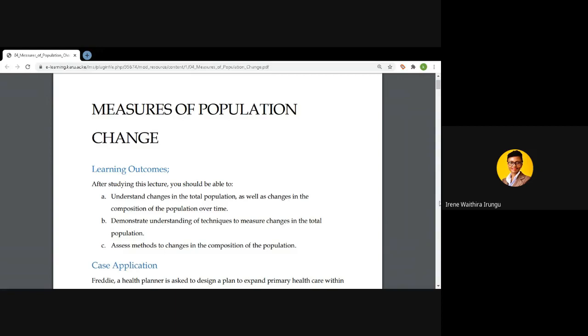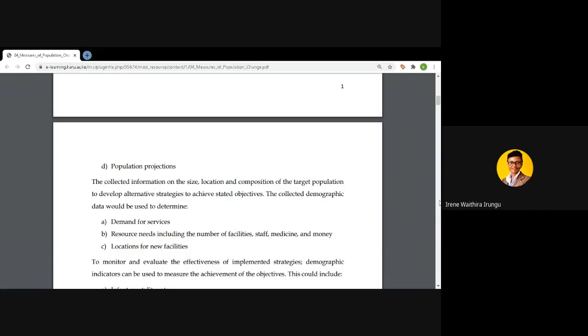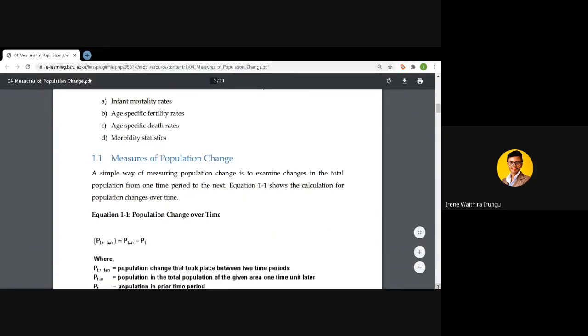So we will still be considering our case study of how demographics is applied, and in this regard we'll be focusing on how the measures of population changes can be applied. So we'll go directly to the measures of population change,